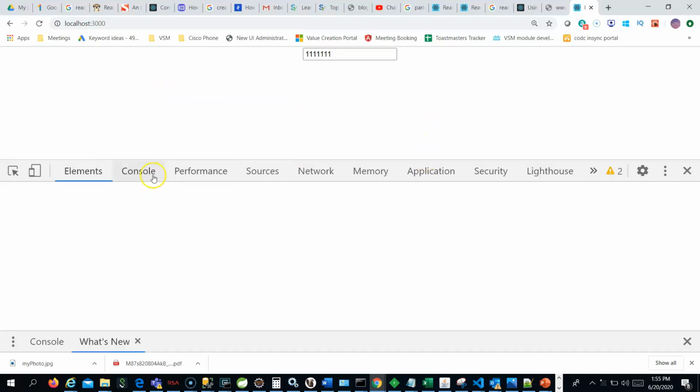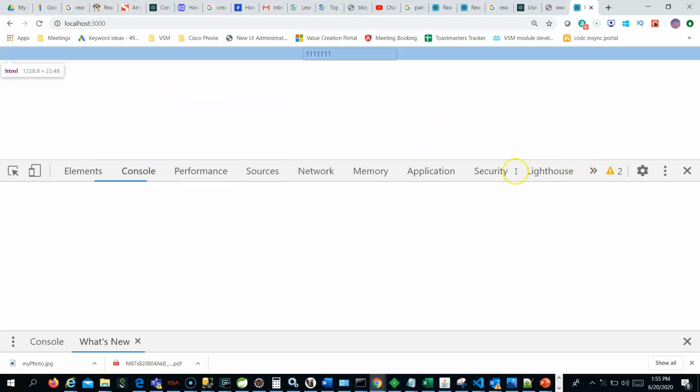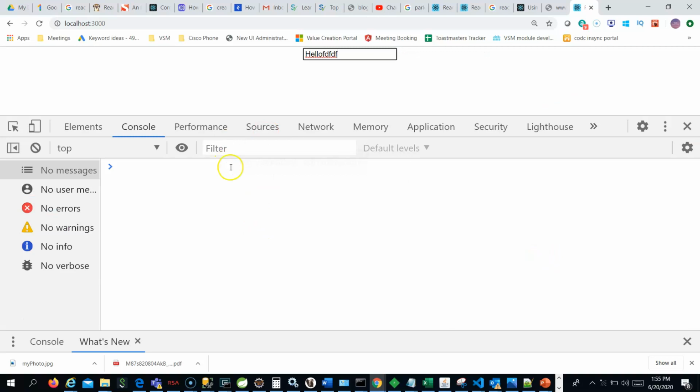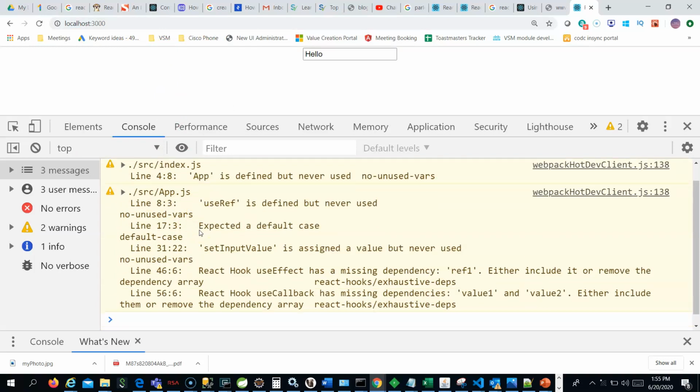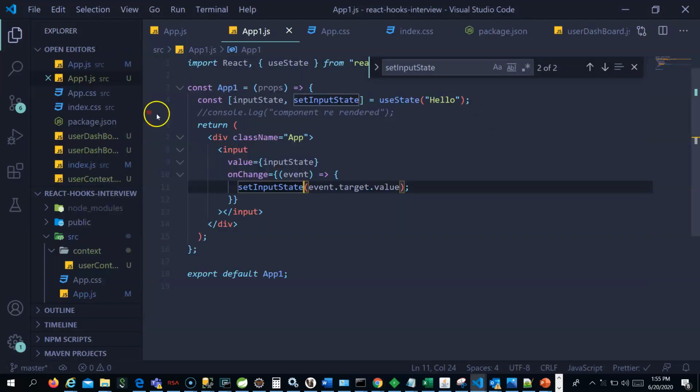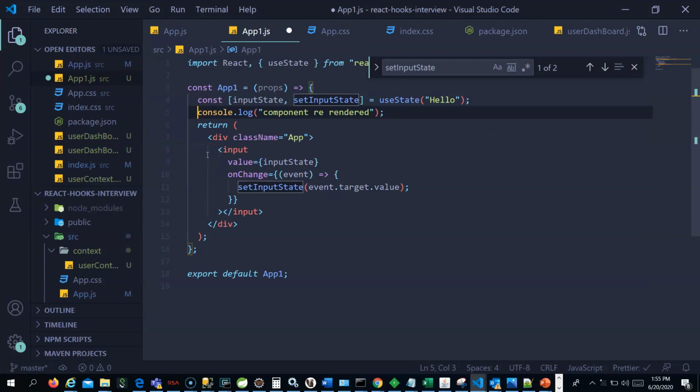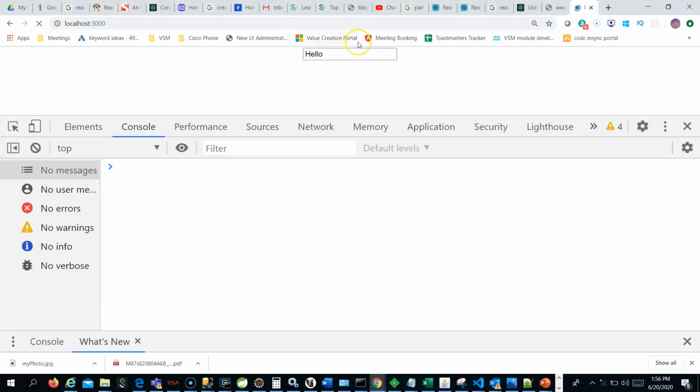Let me also inspect and show you the re-rendering. I've removed that console log, I will have it so that I can show you.